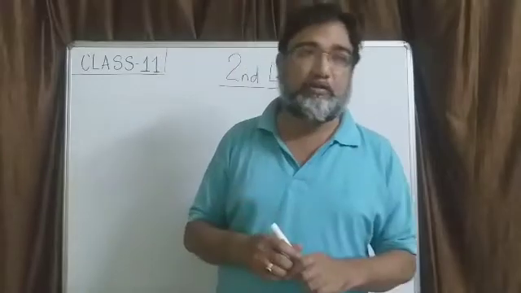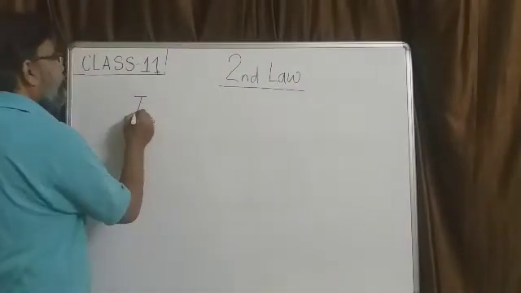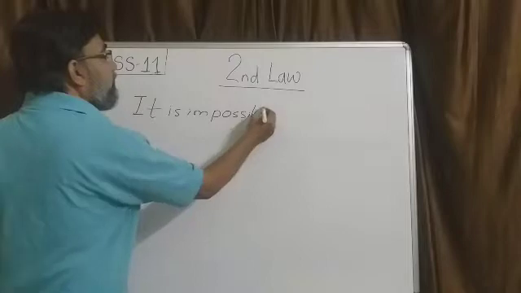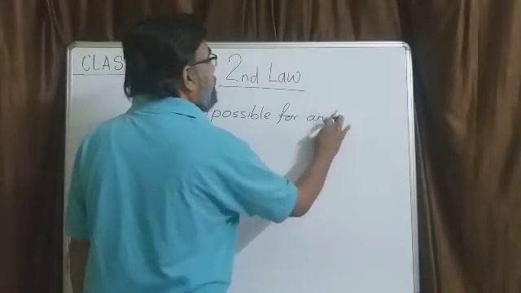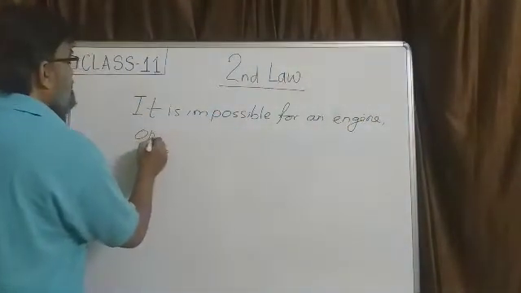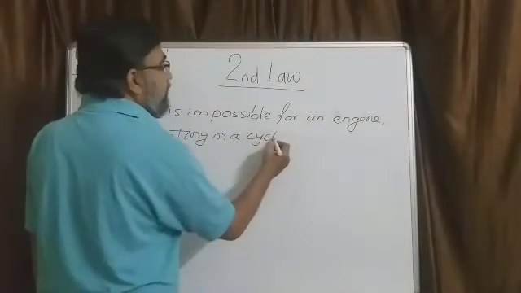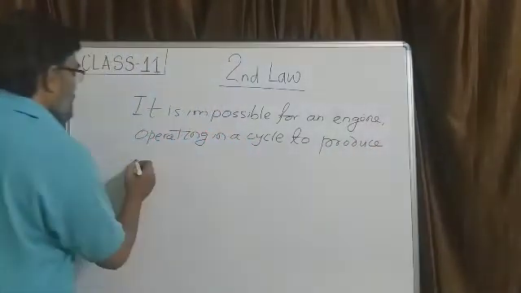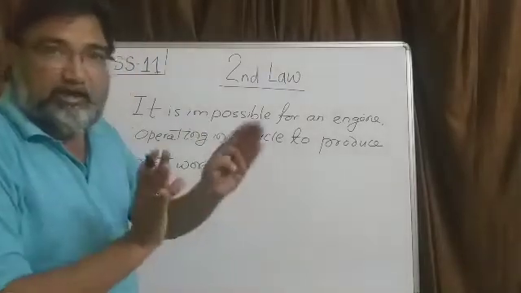Okay, so the statement is like this. You can write the statement. The Kelvin-Planck statement says that it is impossible for an engine operating in a cycle, meaning a thermodynamic cycle, to produce net work. It is not network, it is net work. Okay, so some resultant work, finite work,